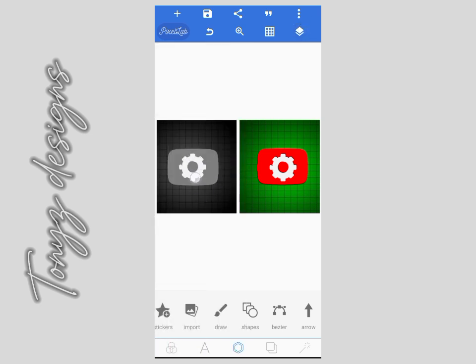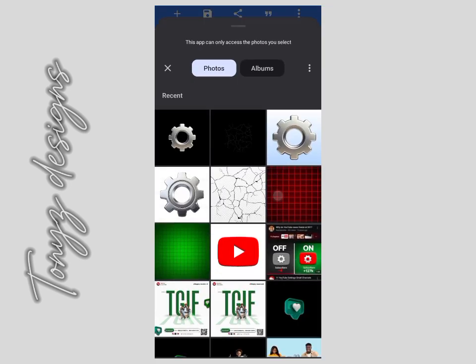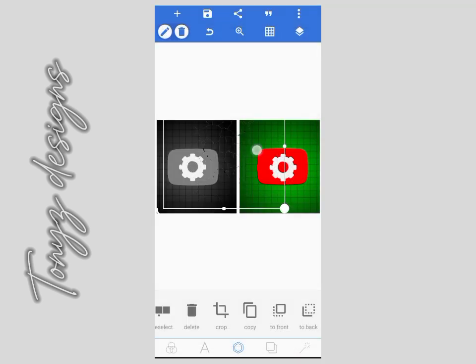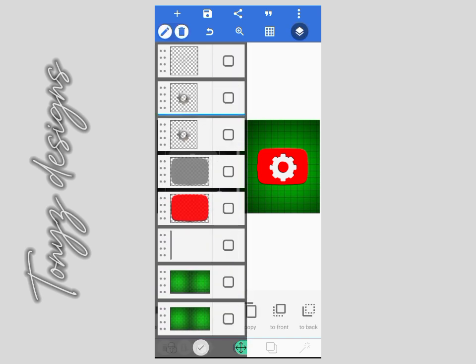So for this other part of the design, I want to add a crack to the icon. So I'll just go over to import, and I downloaded a crack. I'll be leaving all the elements I use for this particular thumbnail in the description below, so you can go ahead and download it. So I'll be placing this here. I'll be placing this over here to give it this crack effect. I'll place it here, and I'll go ahead and merge the two together, both the crack and the gear